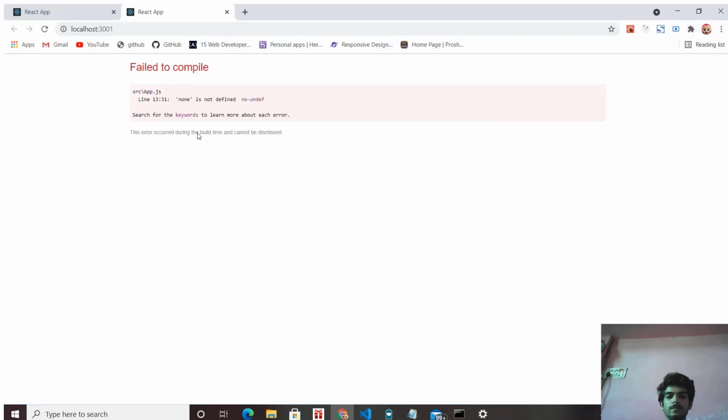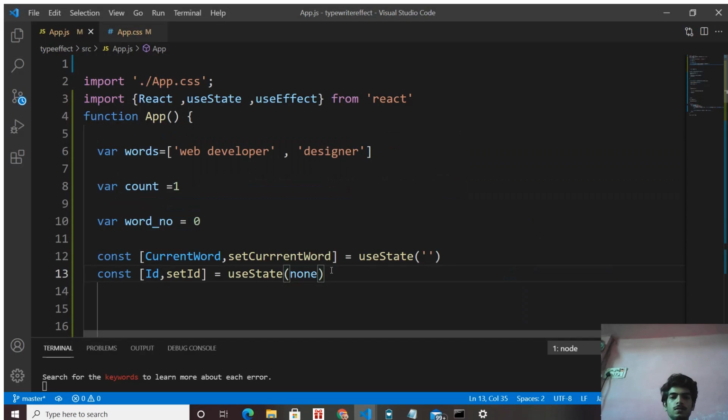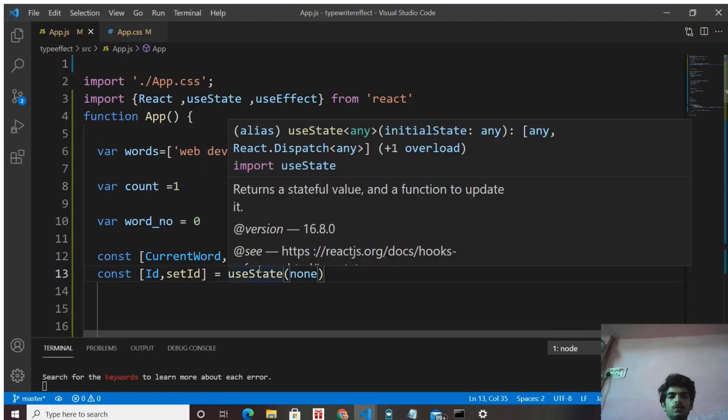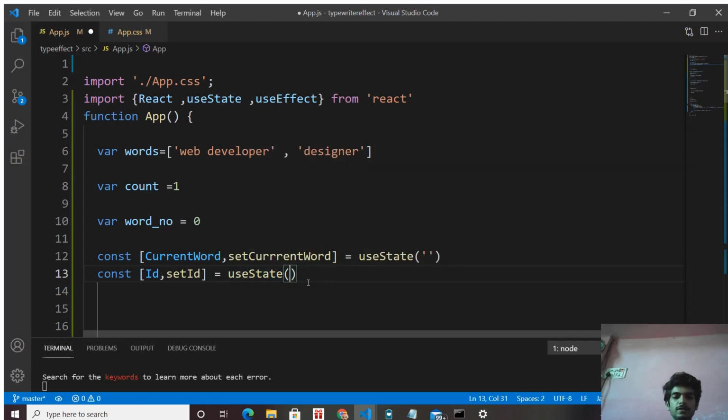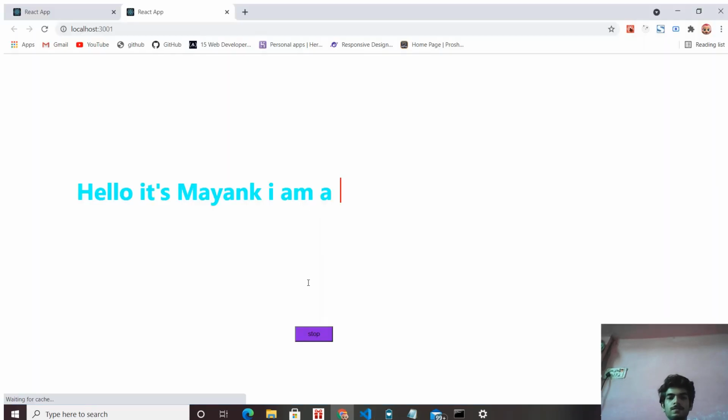It is showing an error that none is not defined. So go to use state, and it's not none, it's null. When you save this, it is okay. So when I click on the stop button, it stops our typing effect.